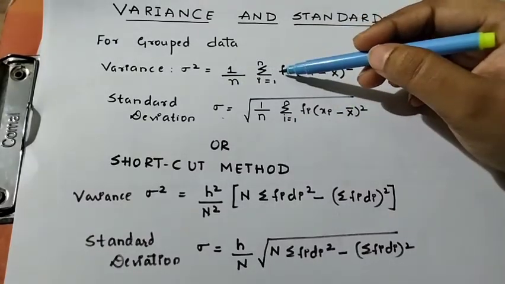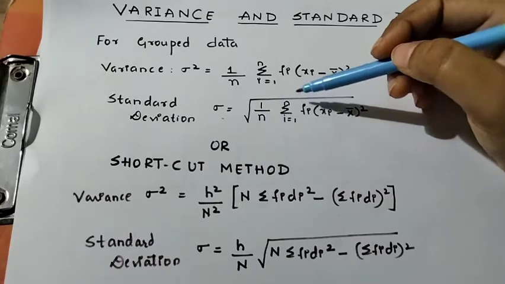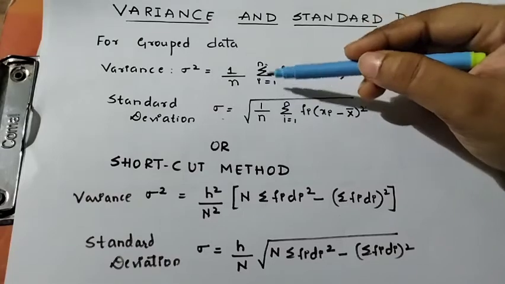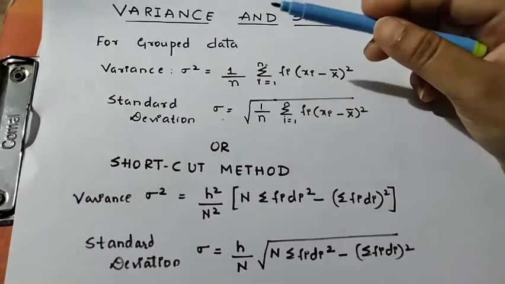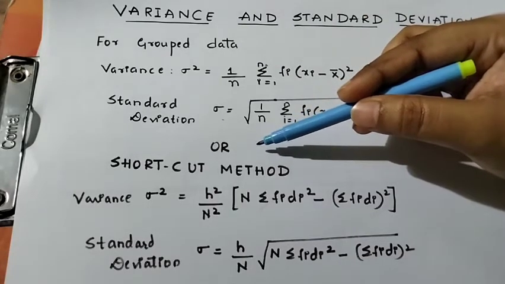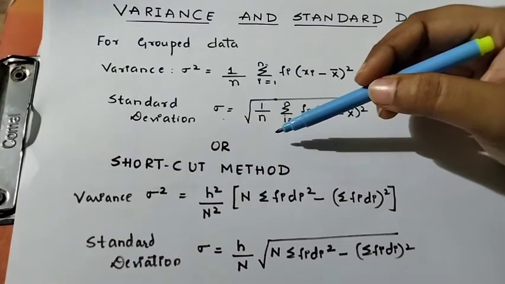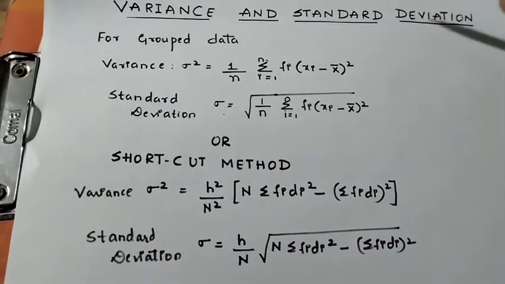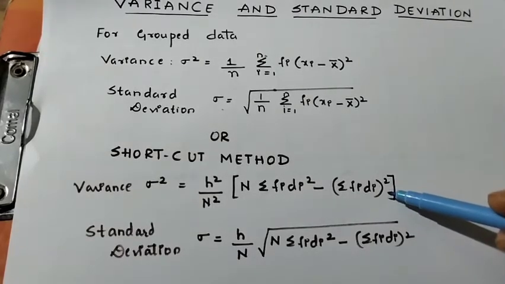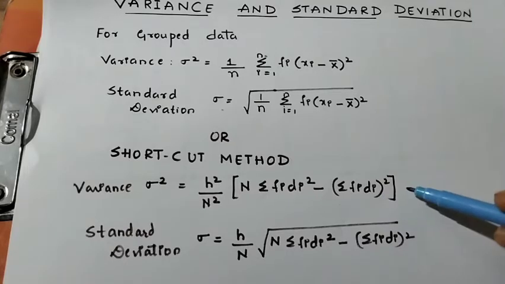Variance value ಏನು ಸಿಗ್ತದಲ್ಲ ಅದರದ ಸ್ಕ್ವೇರ್ ರೂಟ್ ತೆಗೆದ್ರೆ ನಿಮ್ಗೆ standard deviation ಸಿಗ್ತದೆ. So no need of remembering this formula. You can find variance first, then take the square root value, you get the standard deviation. Or otherwise there is one more method known as shortcut method. So in examination, if they ask you to find variance and standard deviation using the shortcut method, then you can go for this method. Otherwise, if you find this formula helpful and easy, you can remember this.